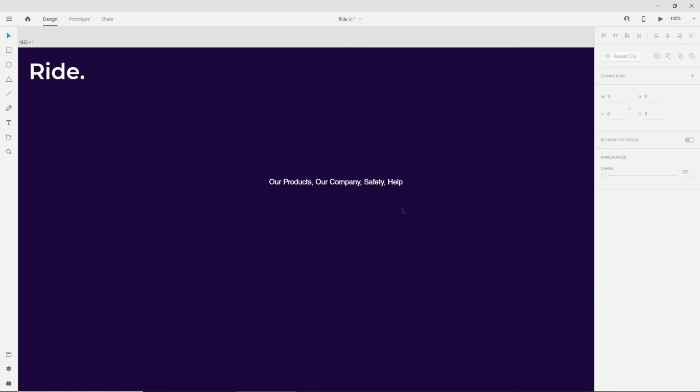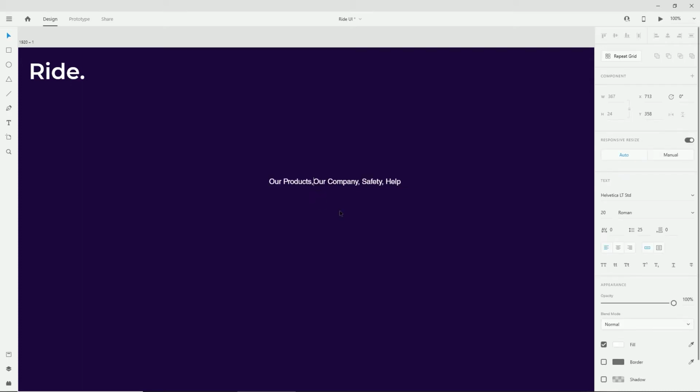As you can see, this menu is way too close together. We don't want the commas, and also the text itself is not so readable, so we can do with a little bit of spacing. To do this, let's double click on the text and remove the commas. To make things easier, I'm just going to add some space with the spacebar, so maybe like 10 spaces. I don't know if this is 10, but somewhere around there. I'm going to copy the spaces and paste them between the other items. So we have roughly 10 spaces, and of course you can add or remove spaces as you wish.